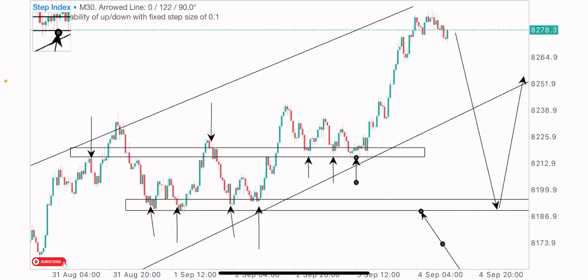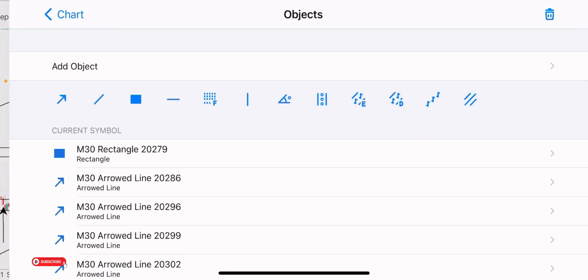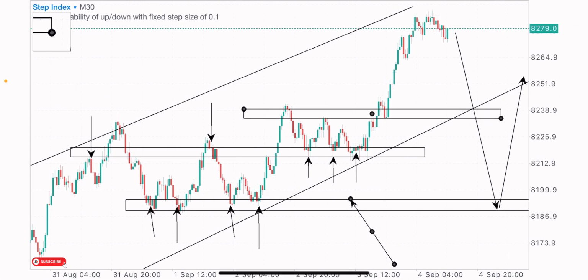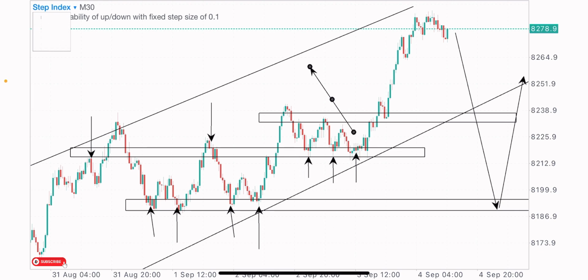After the, we said, fifth test of this zone, and see how far price bought. So that's how powerful these levels can be. Just have good knowledge of them, identify them whenever you see them, then wait for an approach of these levels